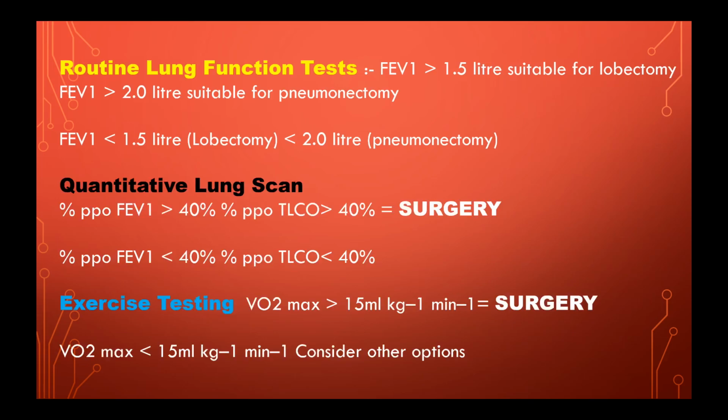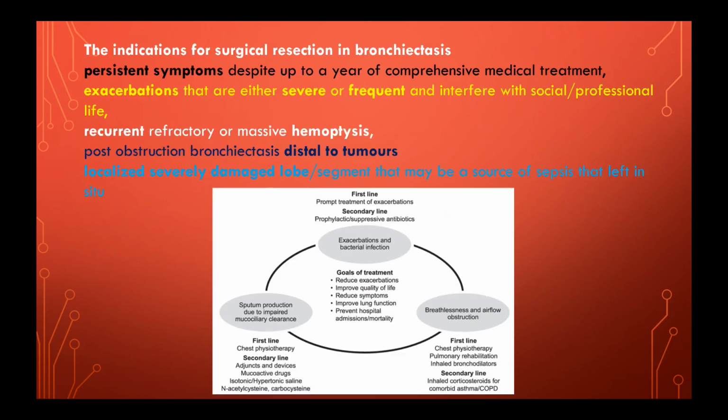If oxygen consumption is less than 50 ml, consider other options. And the indications for surgical resection are persistent symptoms despite a year of treatment, frequent exacerbations that are quite severe, and recurrent refractory hemoptysis, localized obstructive bronchiectasis due to some tumors, that also will respond very